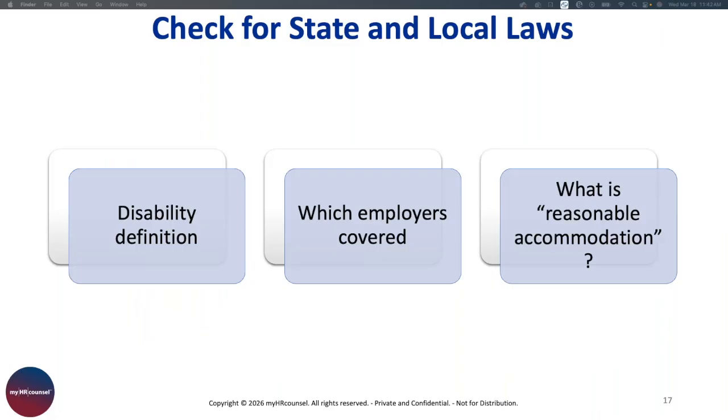But you want to expand your thinking to also consider, are there applicable state laws I need to be aware of that might even be more employee friendly than the federal law that I'm working with? If you're in a location where a state or local law is more protective to an employee than the federal law, that more protective state or local law would apply. The law that is most favorable to an employee, if there's a difference under federal law and state law, is going to be the one that's applied. That's just how things work. So keep that in mind as an employer.